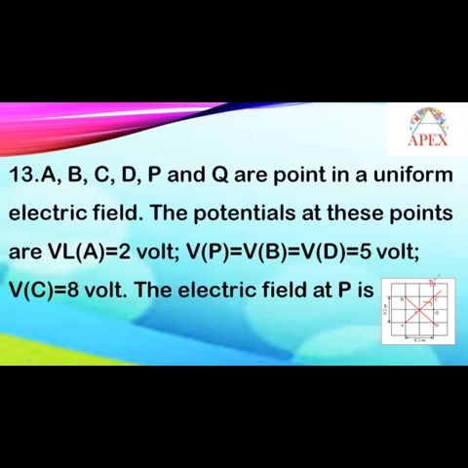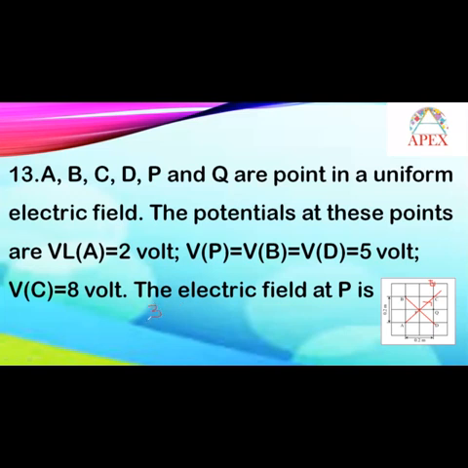And now they're asking the electric field at point P. Of course, in this particular case, the electric field is uniform. In this uniform electric field, at any point you can calculate the value. Any 2 points we consider here. Electric field, in the sense, is potential difference dV by dr only. Potential difference from A to P is, from the given values, 3 only.